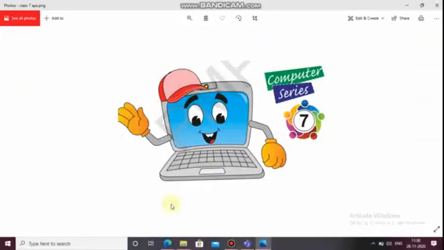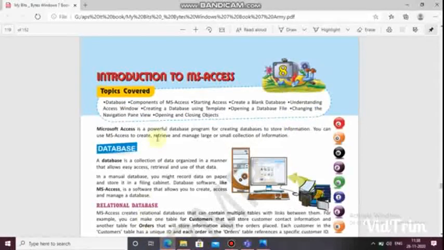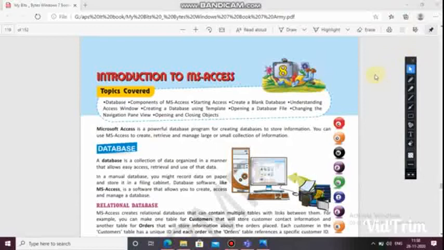Coming to the textbook, Introduction to MS Access. As you can see, the topics which are to be covered under this chapter, once again I am repeating all these topics. Database: we will know what a database is, then components of MS Access, starting Access, creating a blank database, understanding the Access window, creating a database using templates.